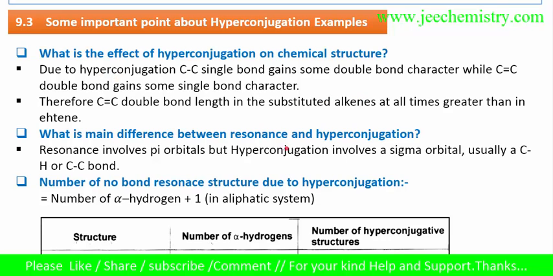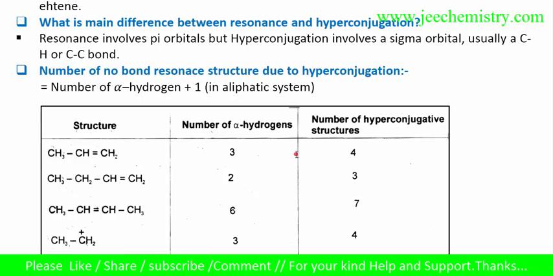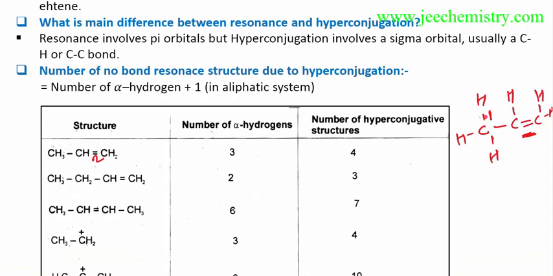I will explain this by showing a structure with hyperconjugation. This is a pi bond, and this has sigma bonds. I will explain the detailed structure: C, H, H, H, C. Now this structure has pi bonds and sigma bonds. These pi bonds and sigma bonds are involved in the formation of